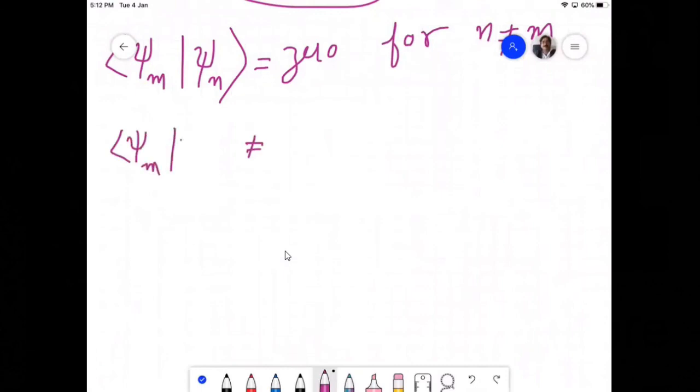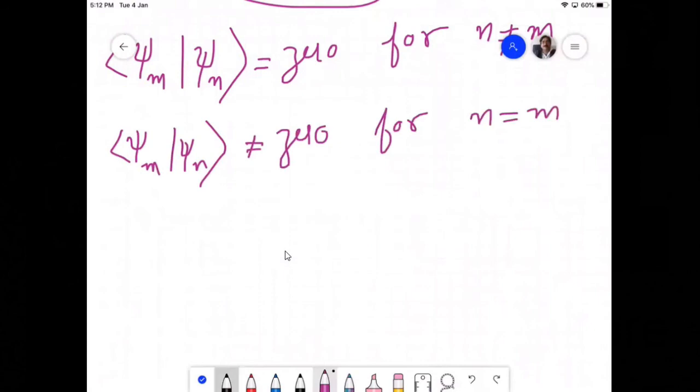Yes, your question is good. The integral of psi m and psi n will not be equal to 0 for n equal to m, because